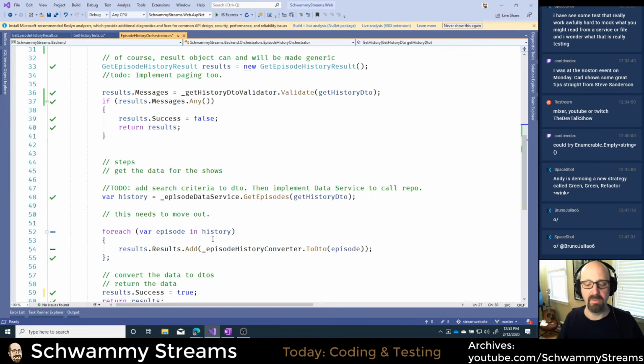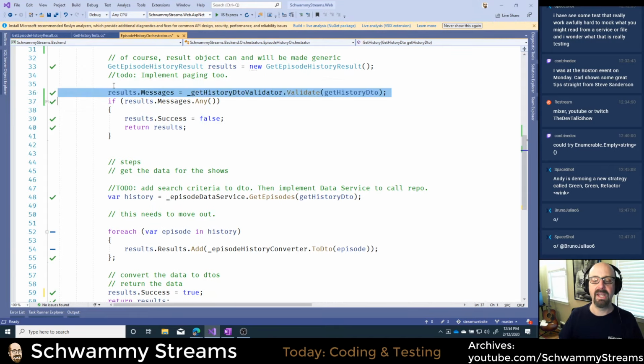So the next thing I would do is test does get episodes work, and then I can test these other ones, and I'm going to try to do those quickly. But the point is, what I don't want to test is does this validate method work, right? There's already a test for that. So when I test this, all I care is did it get called and did it get these parameters? And my mock will handle that for me. My mock will say, yeah, I was called with its verify method, and I can call to make sure that it got the right parameters. I don't care what it does.